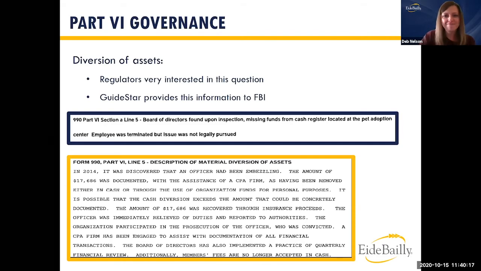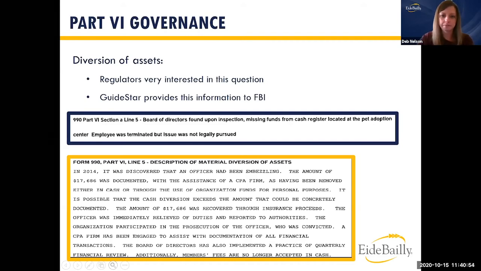If I'm a reader, I would think, I'm wondering if there was a better way to handle that. Then if you compare that to this second disclosure, where it's much more detailed, it's talking about, after it was discovered, all of the different processes and procedures that the organization went through. To me as a reader, that provides me much more comfort that yes, while this happened at the organization, they had a very professional way that they dealt with it, and they're being very transparent about how it was handled. So again, when these issues come up, it's all about how you're portraying that information back to the public.